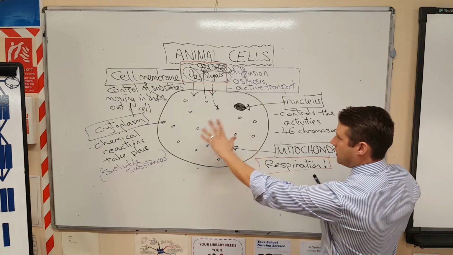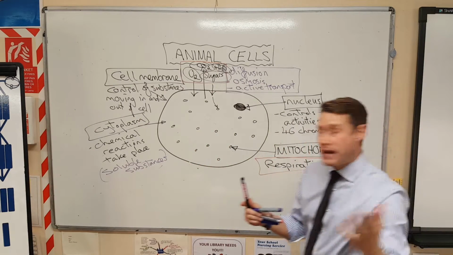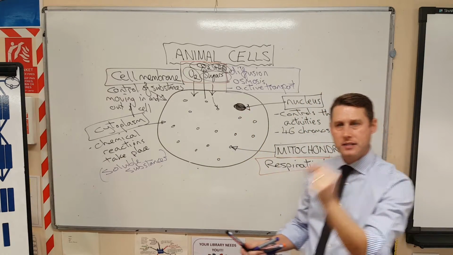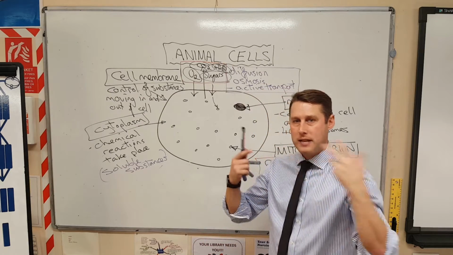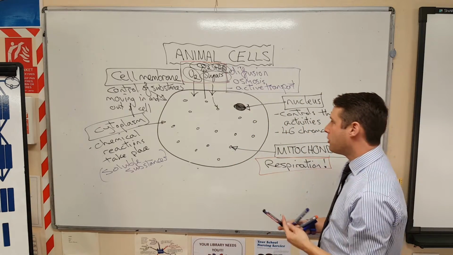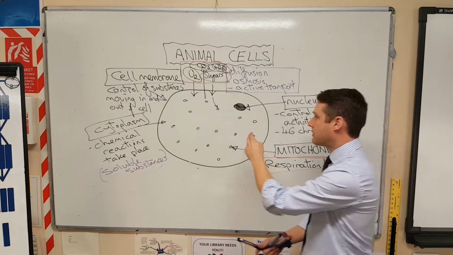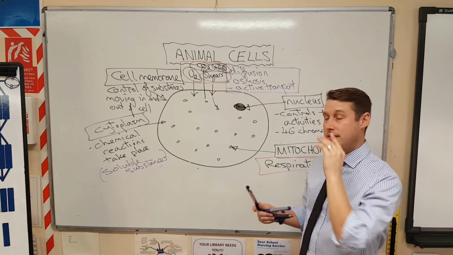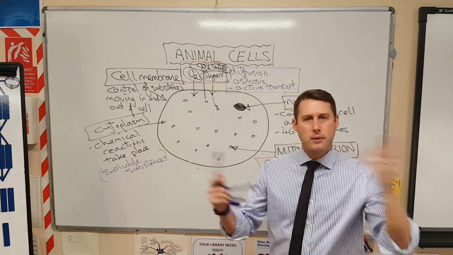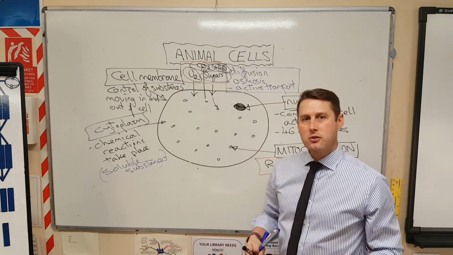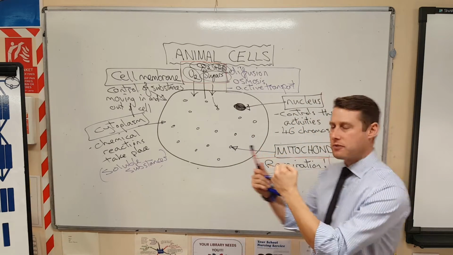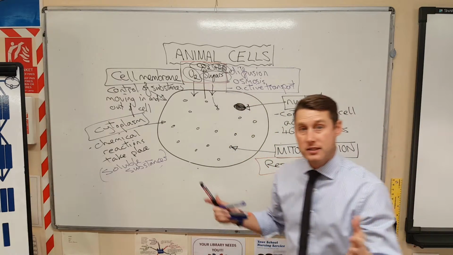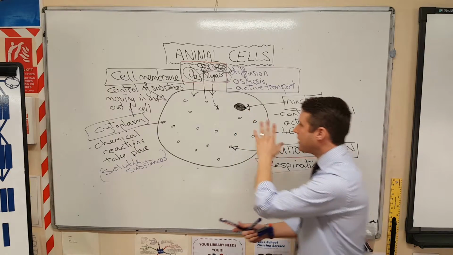So, what else are we missing? Ribosomes. Okay, so what does the nucleus do? How does the nucleus control the cell? It has the blueprint for every single protein that needs to be formed in any cell in your body. And every cell in your body has a nucleus with all the instructions on there. Now I will say the only exception to that is your red blood cells, and they've done away with the nucleus. Far too valuable, that space. We want to pack those red blood cells full of hemoglobin, so you won't find a nucleus in a red blood cell. But every other cell, you will find one of these, and they are going to give the instructions